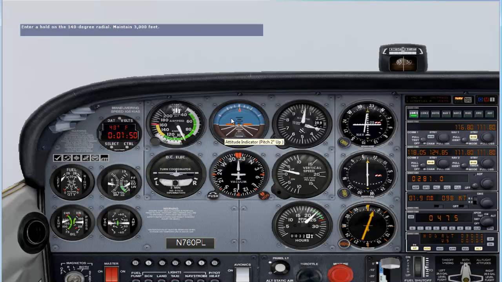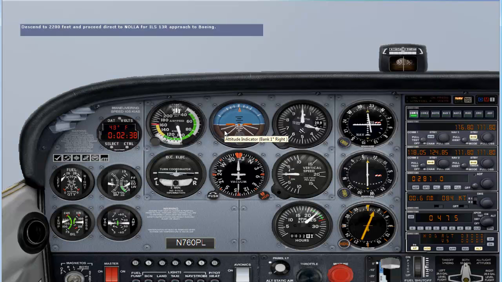Okay, looking good. I'll let it continue a little bit and see what happens, but I'll move to 318 degrees. I'm gonna move a little bit more, 317. Yes, that's it. See, I am at 317. So I'm gonna put it back to 3. I'm gonna move to 320 degrees again, and I'm gonna move to 324 degrees, because I don't want to be much further. Because after passing the VOR, proceed direct to NOLA for the ILS 13 right approach at Boeing Field. Okay, so we passed